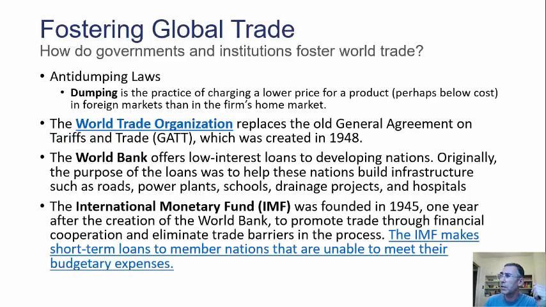So, fostering global trade. How do government institutions foster trade? There's all kinds of things we do. So dumping, let's start with dumping. If you want to export a product to another country, and let's say you want to penetrate the market share, and you're afraid that if I just try to make 3% interest